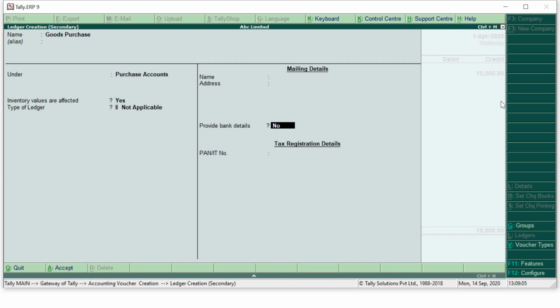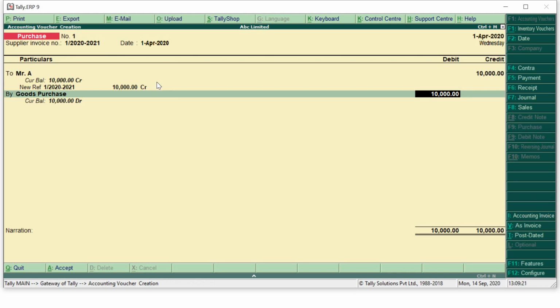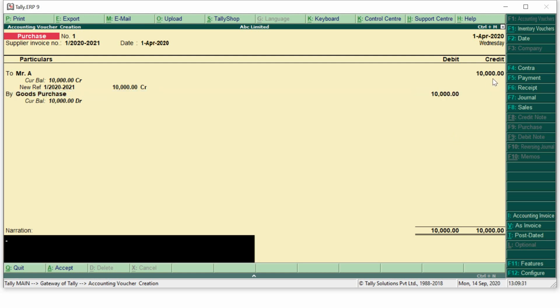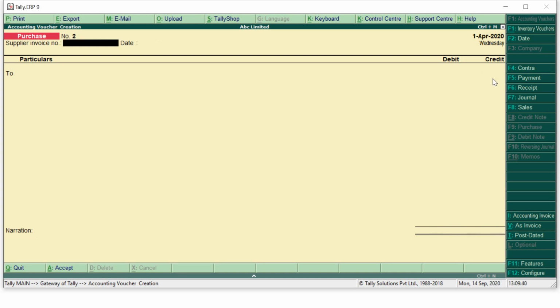Are you clear that the party from whom you have made the purchases, it is always your sundry creditors, and the goods which you have purchased will always reflect under or always come under purchase account. Okay? Again, there is no need to fill anything over here. Simply accept the ledger. And yes, now this is my entry. My debit is for 10,000. Goods purchase. My credit is for 10,000. Yes, from party account. Enter. Come to the narration. Being goods purchased. Right? Accept the voucher. Either press Y or simply press enter.